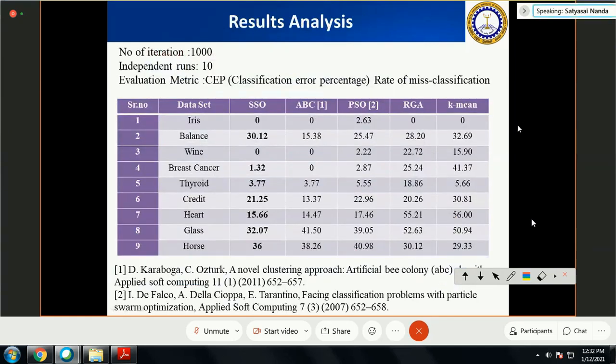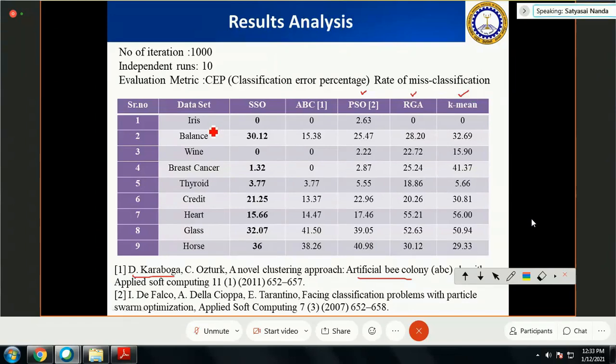So this is the analysis over here, the classification error percentage. We have compared it with the artificial bee colony algorithm by Dervis Karaboga, which is a very popular algorithm. And we have also compared the results with particle swarm optimization, real coded genetic algorithm, as well as the k-means clustering algorithm. We have applied these algorithms and